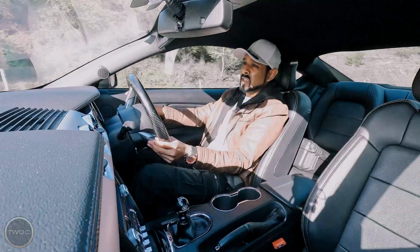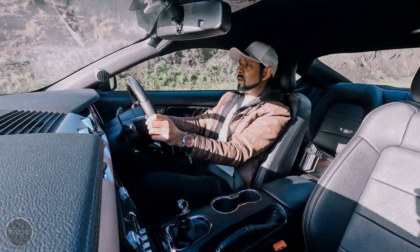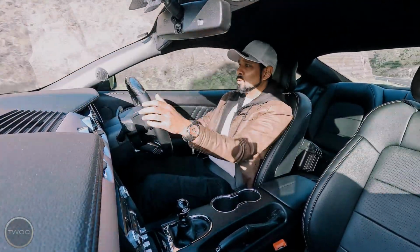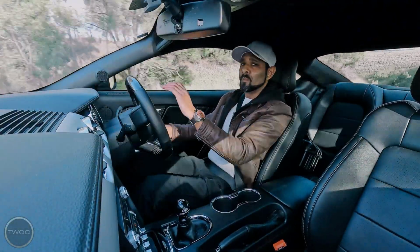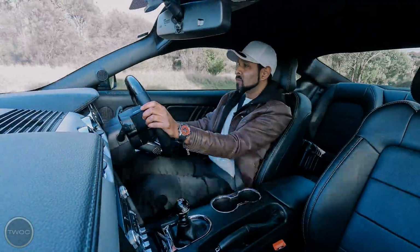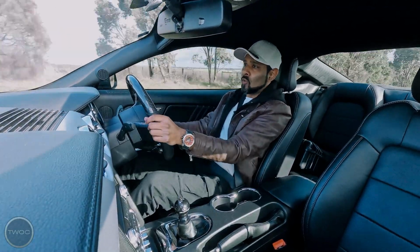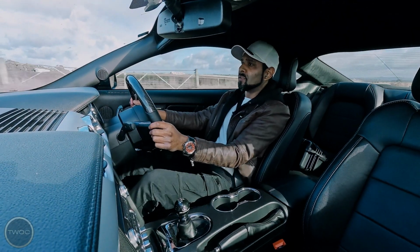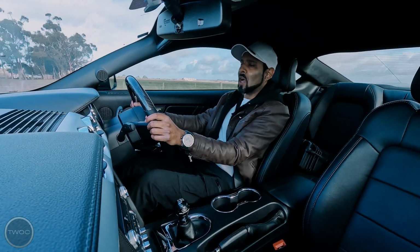To be honest, I think it is a mandatory upgrade because it really helps with putting the power down to the ground. Before I got these installed, I struggled. This thing would just hop every time I put my foot into it, but once I got them in, it completely eliminated wheel hop. And now, even with 800 horsepower, this thing just puts power down at the ground without any problems at all. So I couldn't recommend it highly enough. And yeah, there are a few manufacturers out there that are doing similar kits, but I swear by the BMR